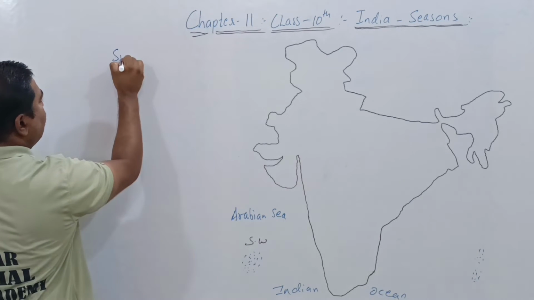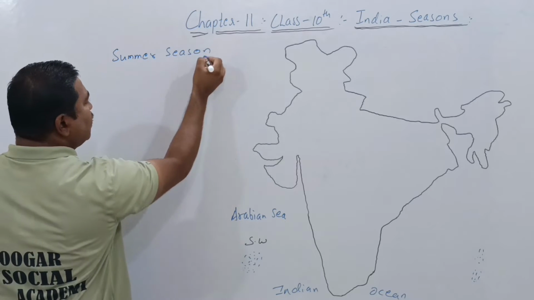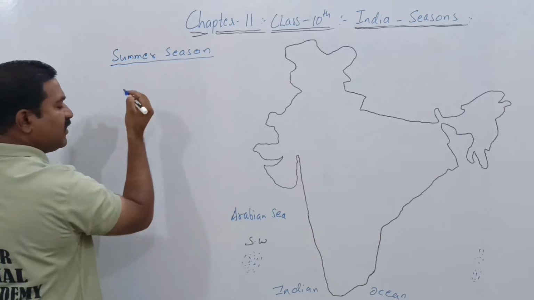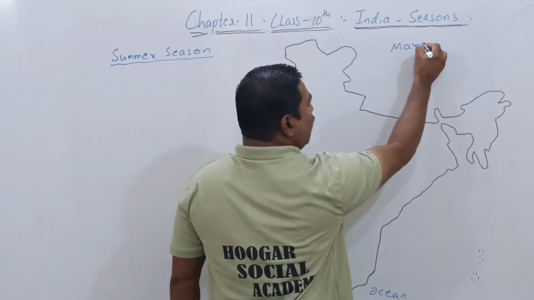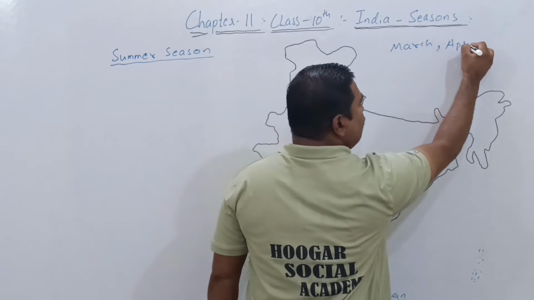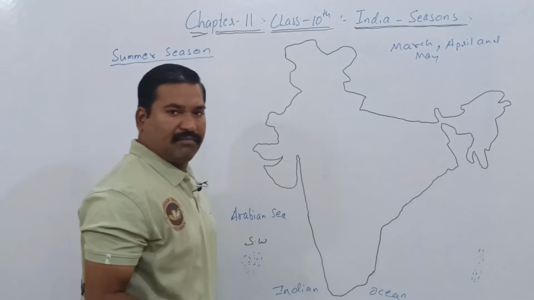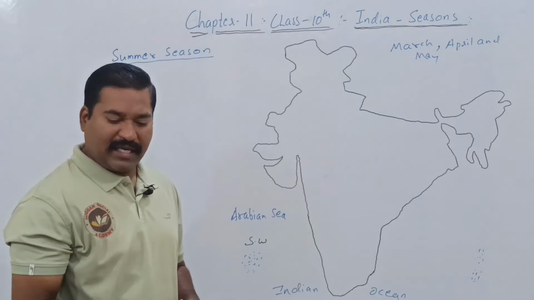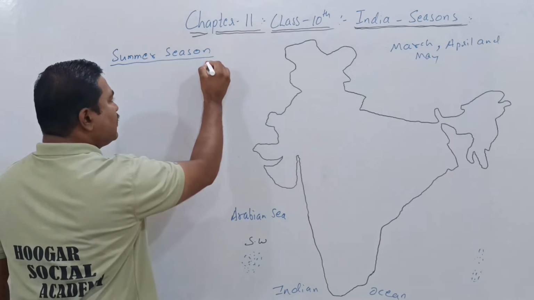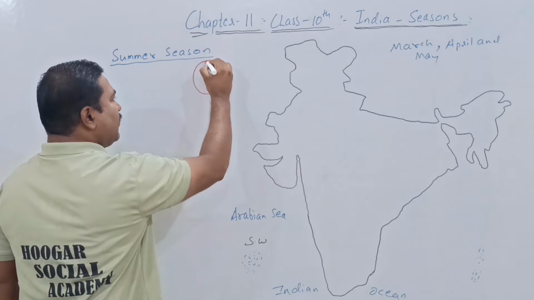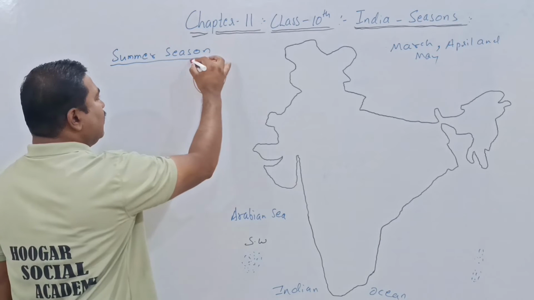So the first one is the summer season. The summer season begins from the months of March, April and May, 3 months. During the time of the summer season, the Sun